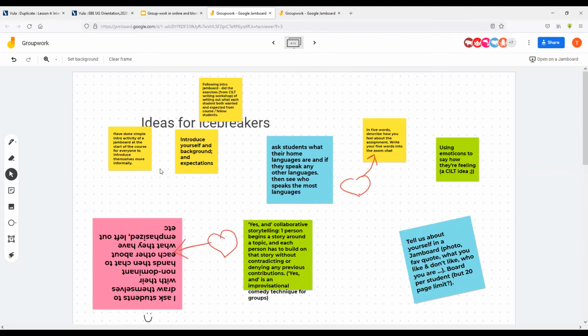So very often we've got great ideas right at the beginning around helping people to know each other, and things like introductions and favorite quotes and moments like that are great. And then I think we need to help them deepen their knowledge of each other. So, share the last song you listened to.